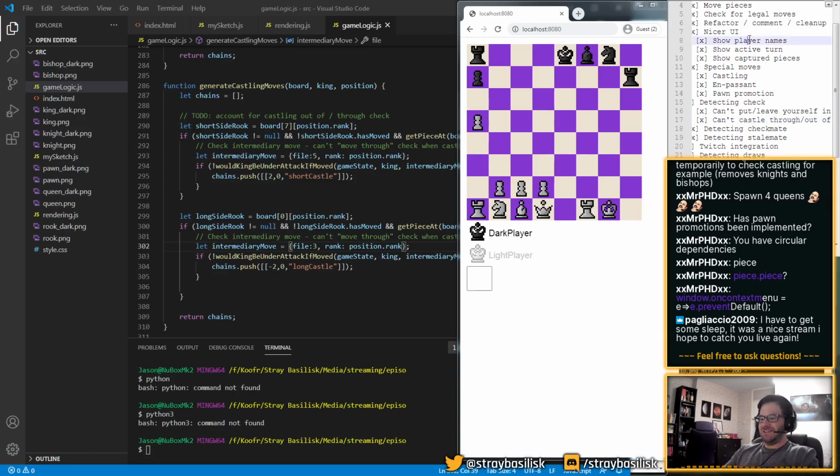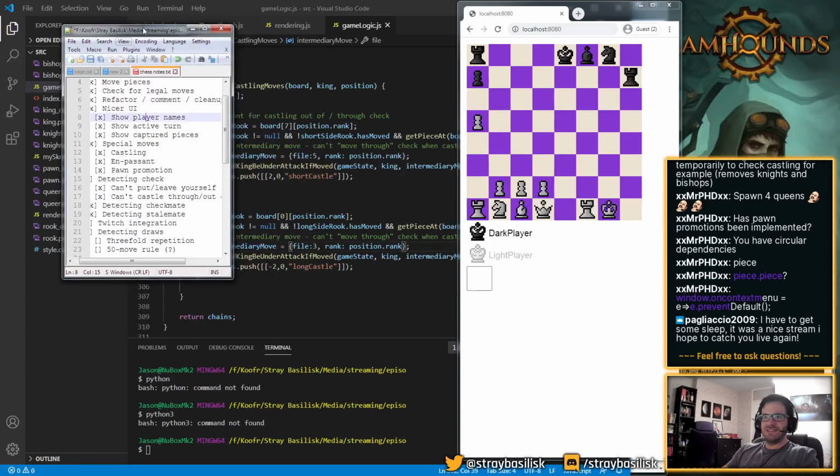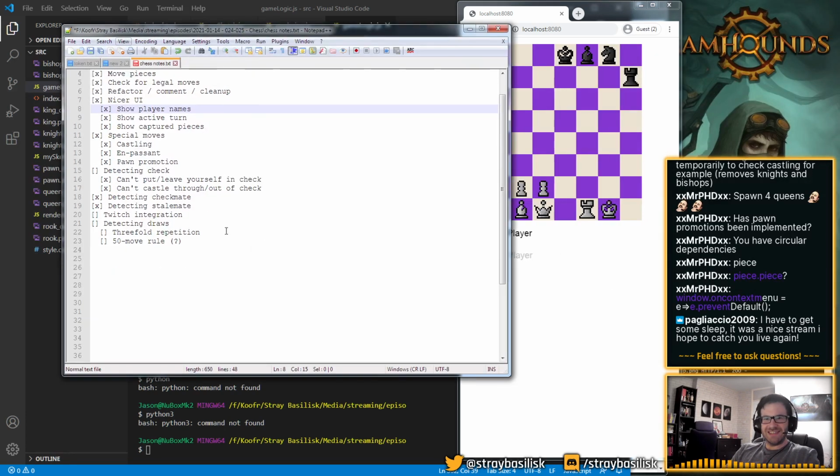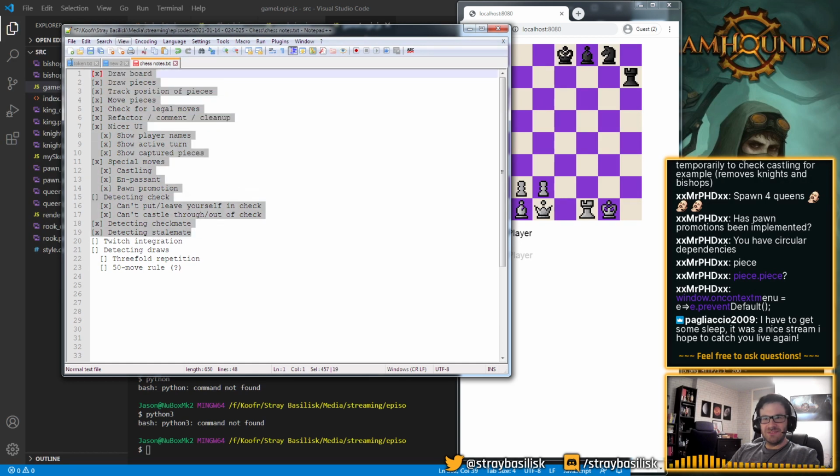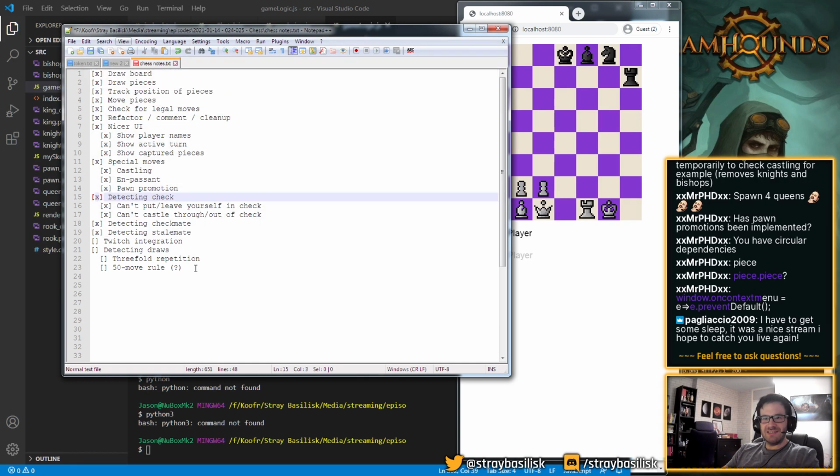Looking at our lovely to-do list right now, I believe we've got chess working, right? All of the basic move stuff is there, I think. We haven't done the edge case draw detection, but I don't even really care about that. For casual players, that's not that big of a deal. I'm going to work on chat integration first, probably. This also means more tracking of board states and stuff, which is not super fun.